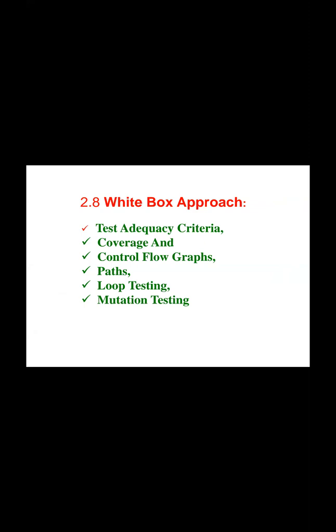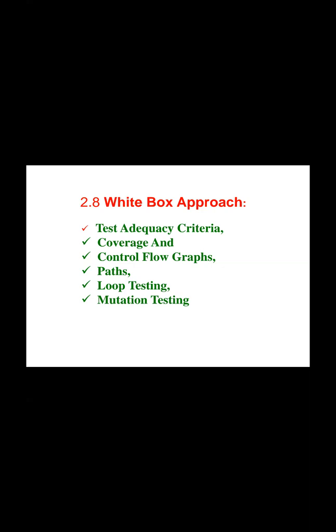The next subheading is called the white box approach. Under the white box approach, we have the following major subtypes: the test adequacy criteria, coverage and control flow graphs, paths, loop testing, and mutation testing. As we are performing the software testing process, we need to check what the criteria are for performing the particular process. If there is any hidden error in the criteria, that should be identified by using